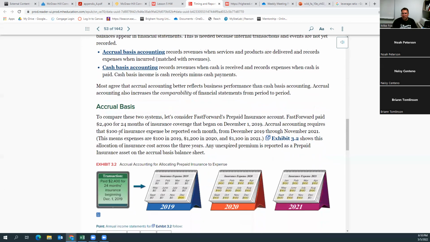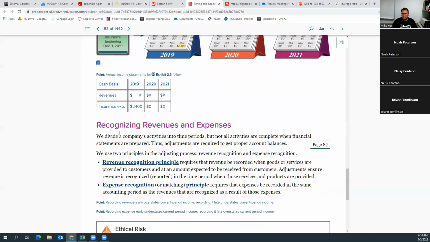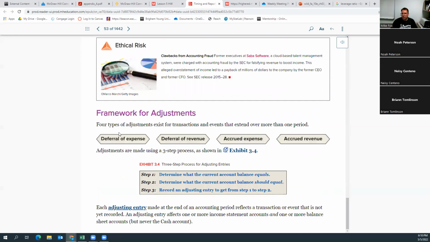And so that can be confusing. So in an accrual basis of accounting, we have to work with adjustments. And so this little framework for adjustments is something I put together a video for that I think is pretty helpful, but it's kind of a long video. So if you go to the additional study resources, it's like a 20 some odd minute video of me explaining each of these areas. So just real quickly, we have 4 types of adjustments. 2 of them are called deferrals, and 2 of them are called accruals.